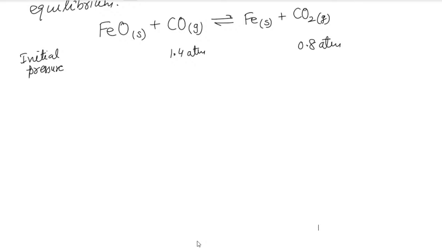As it goes backward, CO2 will decrease, so 0.8, let us take minus P. Obviously, if CO2 is decreased, CO will be formed, so it becomes 1.4 plus P atmosphere. So at equilibrium,